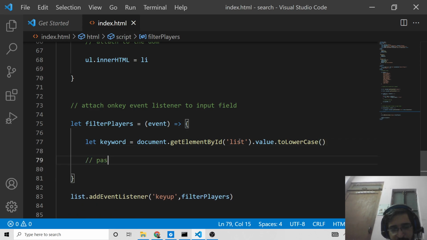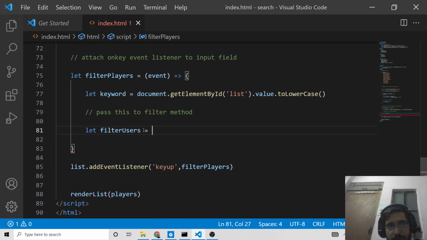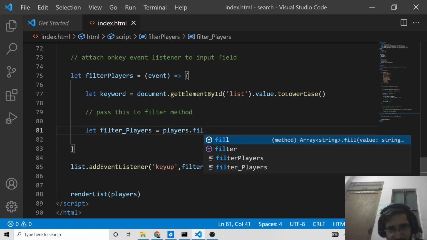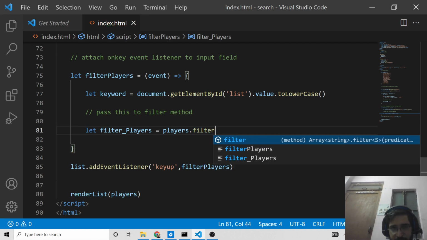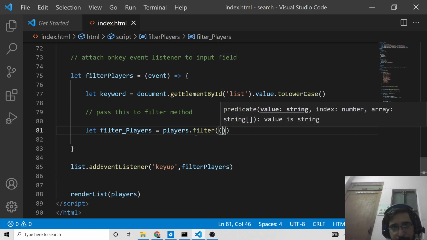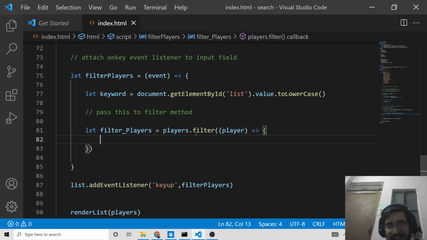And now we need to pass this to the filter method. So let me just rename it to filterPlayer. So basically this will be a filtered array. So here we will use players. Players is the array name, and this contains a method, guys, as you know, filter. This is a built-in JavaScript method that we talked about in the starting of the video. So we are using this function for this project to filter out the users, to search for the users. And then we will pass the individual player inside as an index variable. So we will check for each player.